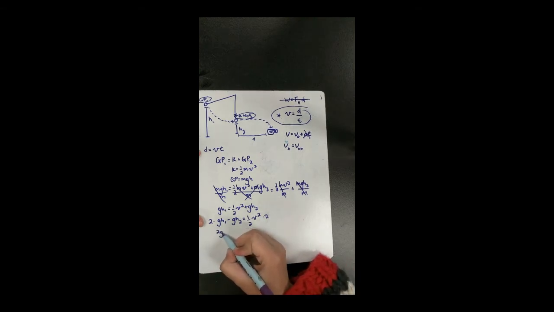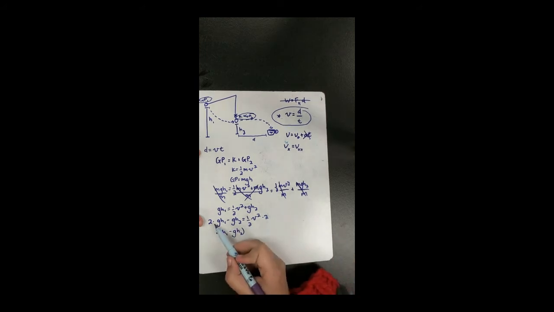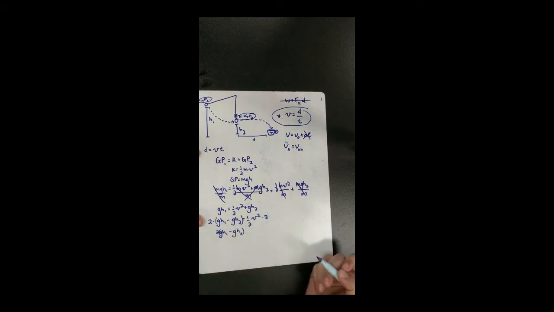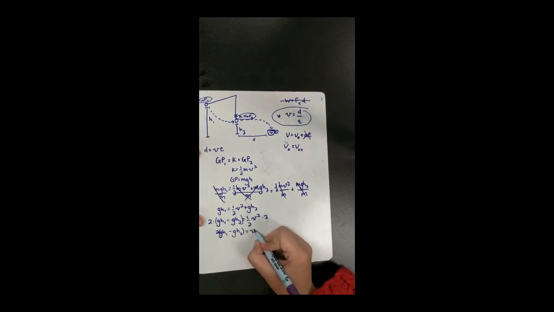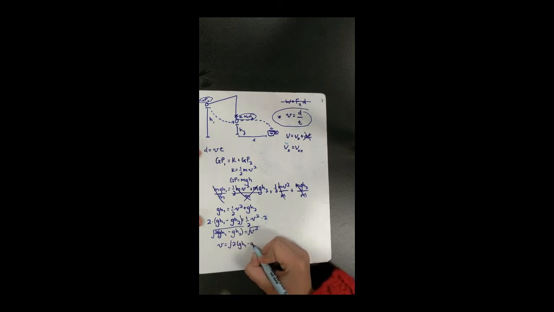All right, now this is in the way, so I'm going to multiply both sides by 2. So I end up with 2gh1 minus, oh wait, we got to do it to all of it like that. Yeah, I can't just multiply the 2 to one of these terms. I have to multiply it to that whole side, right? So equals v squared. Now, last thing I got to do is just square root both sides. So we end up with v equals the square root of 2(gh1 minus gh2). And I'm going to go ahead and simplify it just one step further because both of these